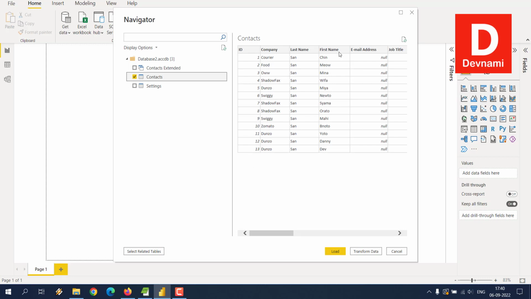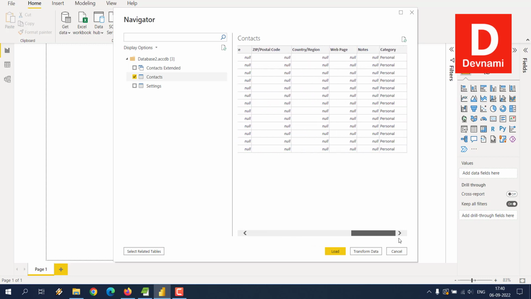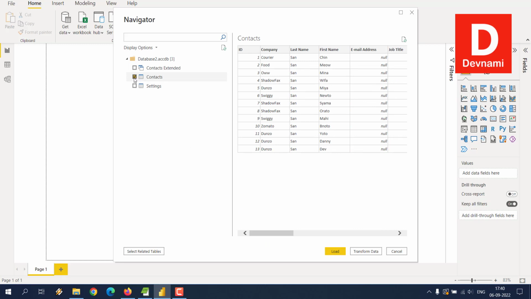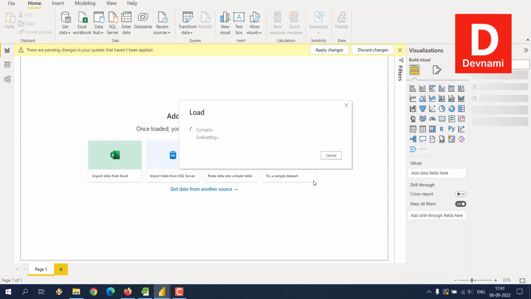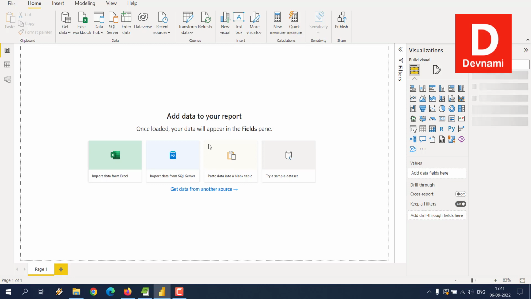So we have a few columns populated, right? So let's take a look at whether we can edit this particular data using transform data or simply load it as is. So if we choose to load, right, it should import all those details, right? So once we load all those 13 rows, we can choose what to add,